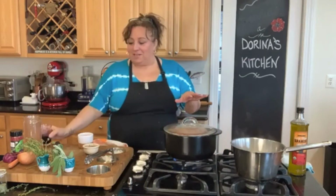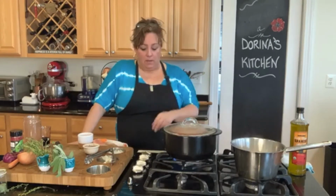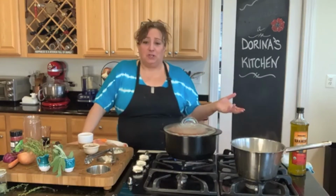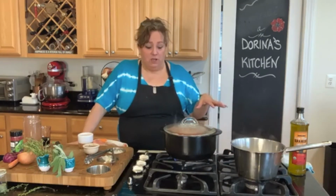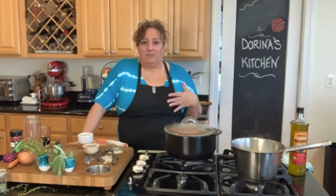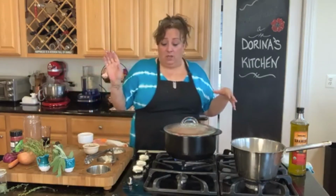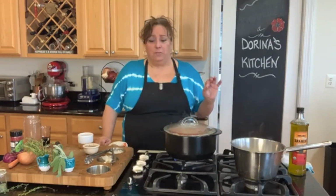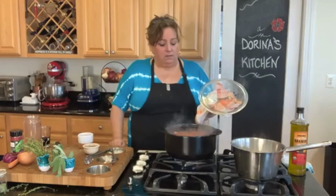So now you're gonna let this sit on here at a medium heat. Let it go for about 45 minutes to an hour, depending on how big your pot is and how much chicken you're cooking. But a good hour. If it starts to dry up too much, you can always add just a little bit of water or a little bit of broth if you want to. But if you have some broth already handy, don't go opening up some container of broth. You don't need that much. A little extra water in there would be fine if it starts to cook too much and get too dry. But right now, this is bubbling,